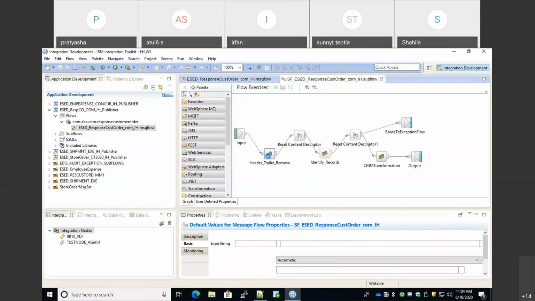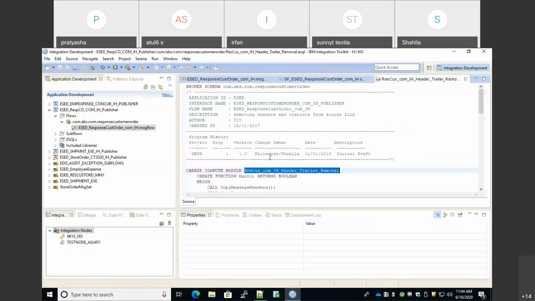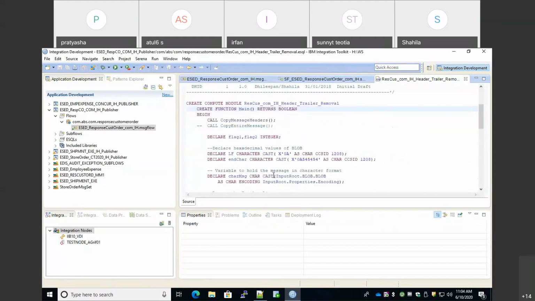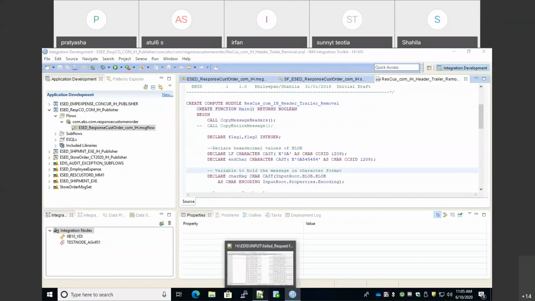The reason we remove the file header and trailer is that we don't have any mappings mentioned for them, so it is not required to create a message set and keep parsing for the ones which we do not have mapping. So how the logic was handled is,